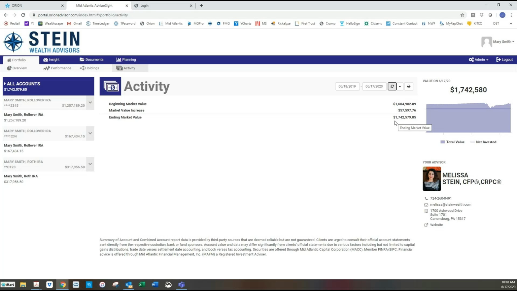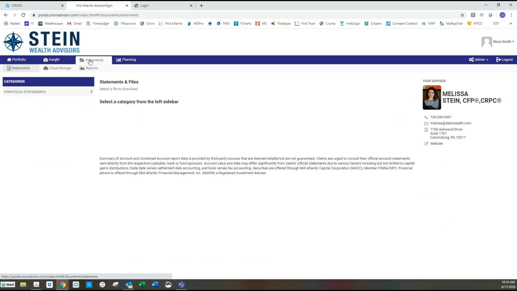So we really like this activity tab here, because not only do you get a nice clear snapshot, but you can see the transactions in your accounts as well. Really nice and handy. All right, next thing is if you go to the Documents tab. So everything we looked at here was a subgroup of portfolio: overview, performance, holdings, and activity. If you now click on the Documents tab,